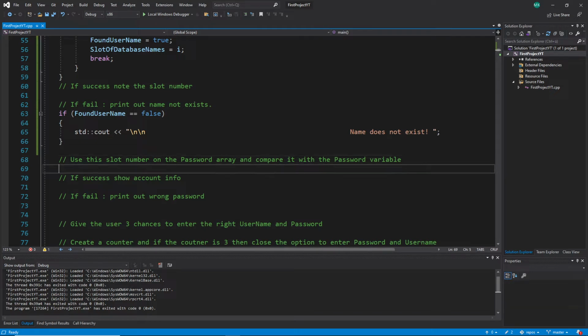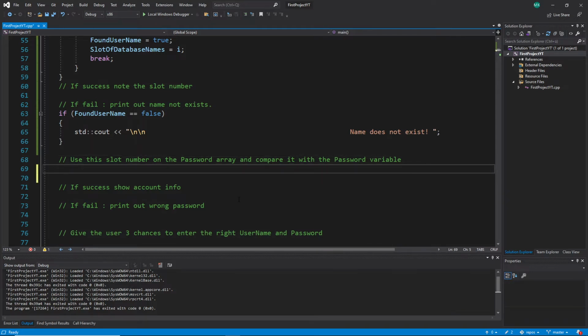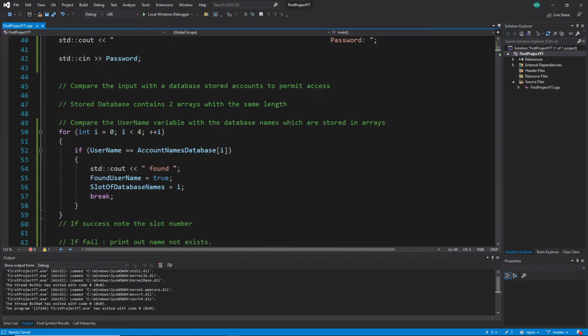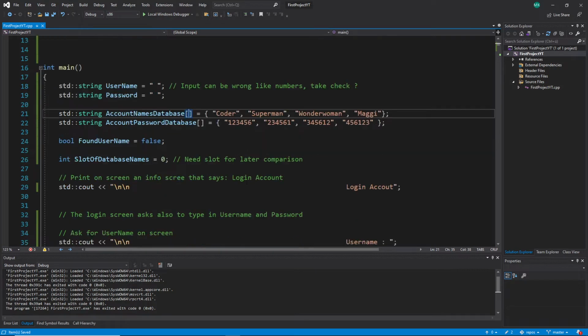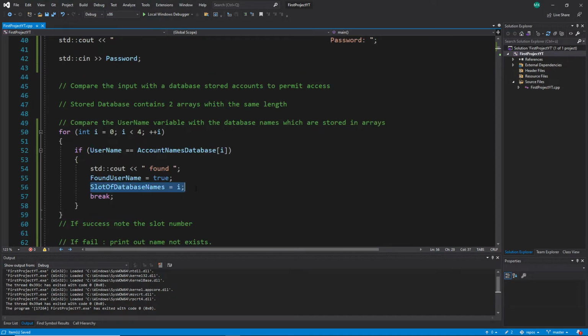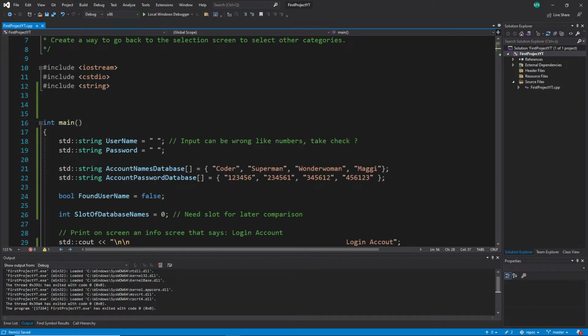But the question is still how I'm comparing this one now, because when we hear compare, it's all the time a good candidate for if. But we still had an if in a for loop, and when I see this again, I think, oh, perhaps I need a for loop again because this is an array. But this is questionable here, because I know exactly the slot now, right? I have already noted exactly the slot which I have to compare. So which means actually I don't need a for loop or a while loop or a loop at all,